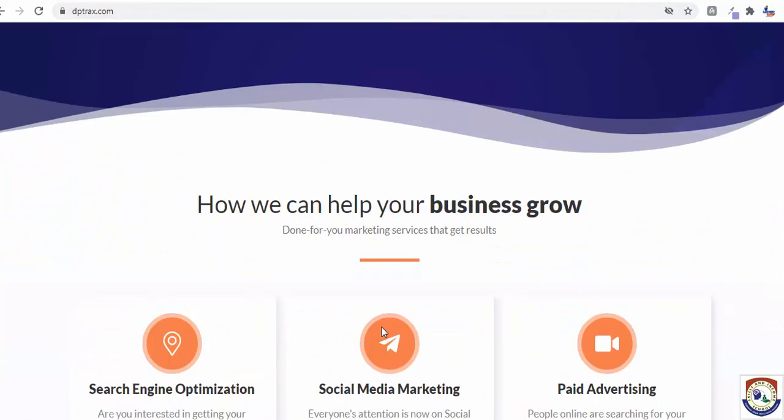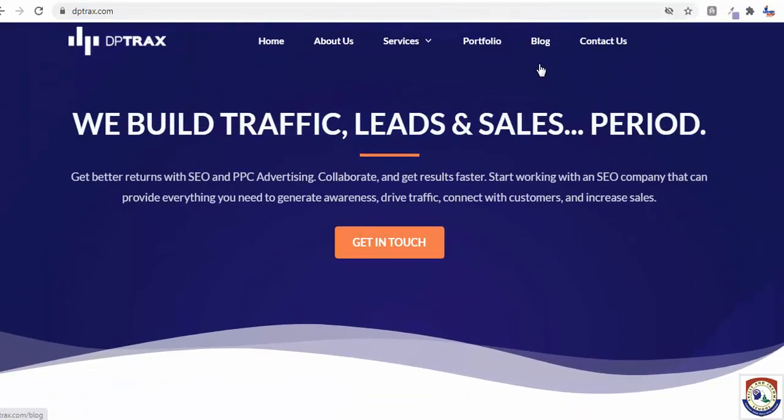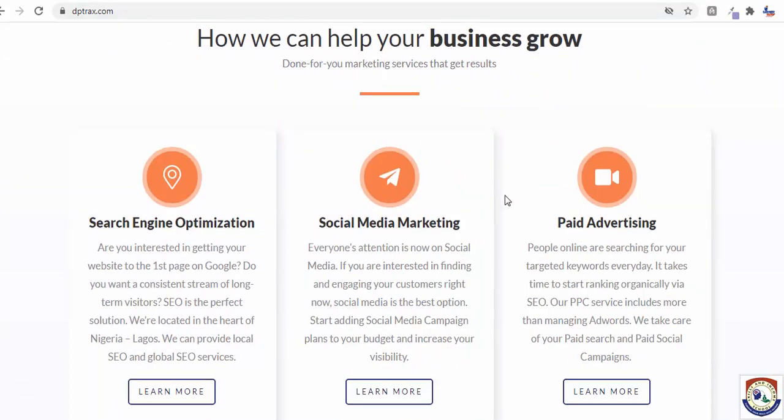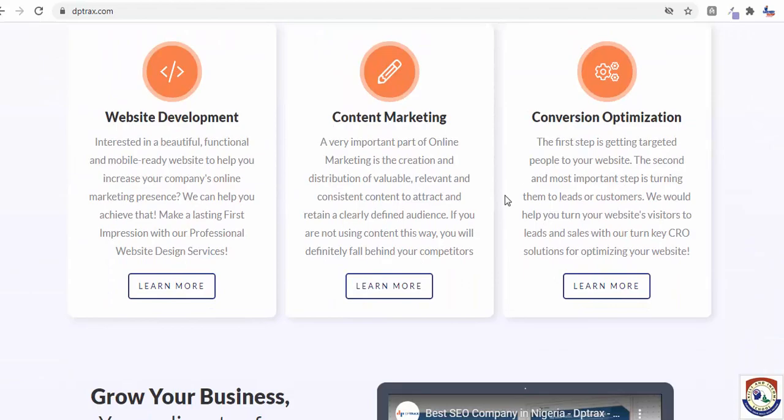Okay, so we are using Elementor. Let's see if we can achieve the same results. Now there are some things that might be present in Elementor that won't be present in Thrive Architect, and there are things that are present in Thrive Architect that are not present in our Elementor.